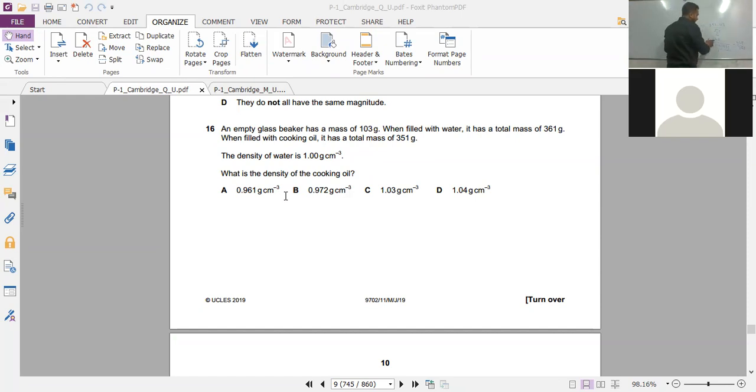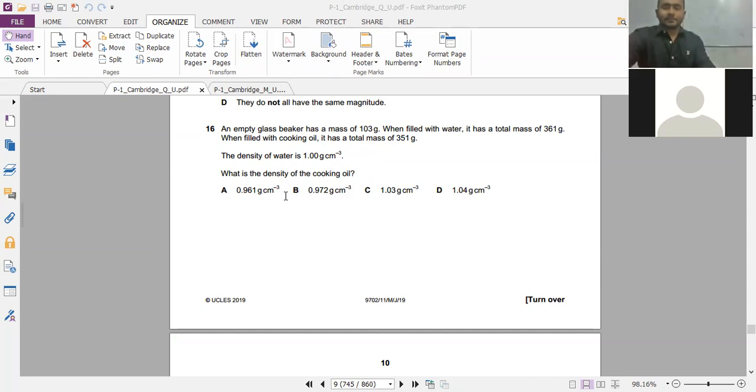That's going to be 248, এবং এখানে আমরা লিখেছি 361 minus 103, 258. That's going to be 248 divided by 258, এবার দেখেন কত আসে।